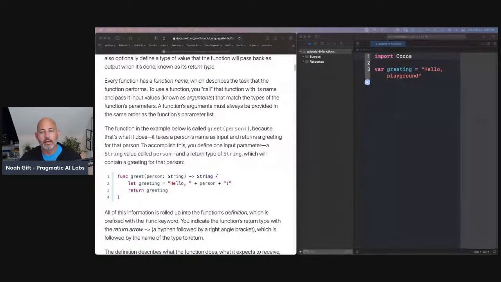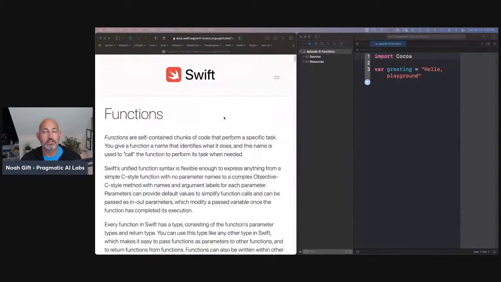I'm going to share my screen and get started. So I will share my entire monitor here. Okay. All right. So I'm going to start with this section of the Swift official guide here and just go